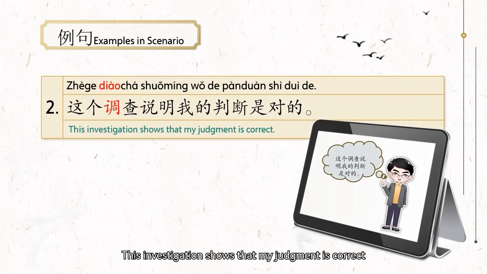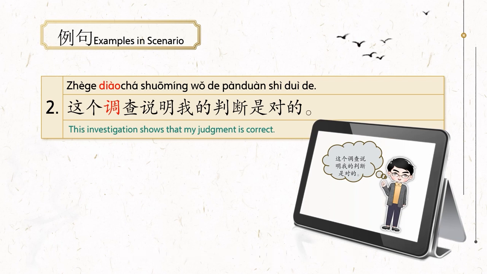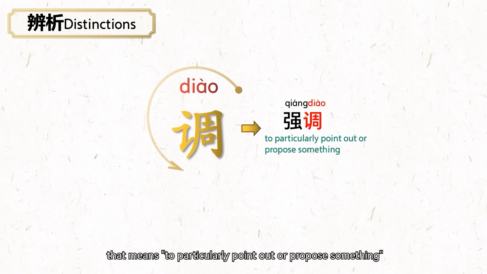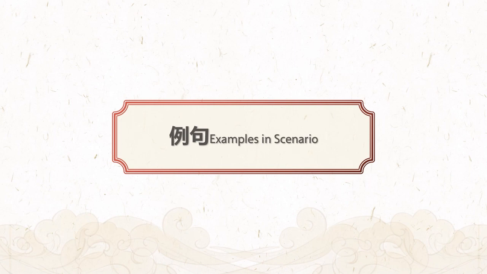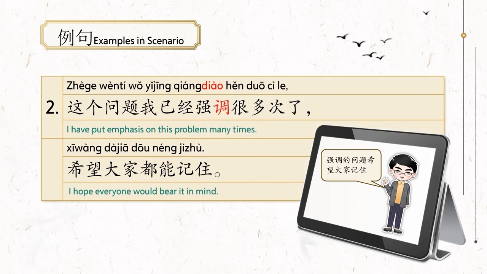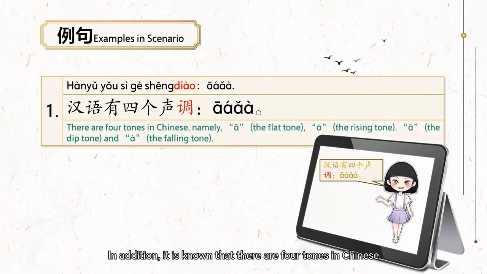For example, 这个调查说明我的判断是对的。强调 is also a verb that means to particularly point out or propose something. For example, 1. 老师经常强调多听多说才能学好汉语。Another example, 2. 这个问题我已经强调很多次了，希望大家都能记住。